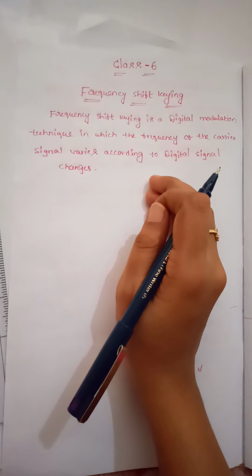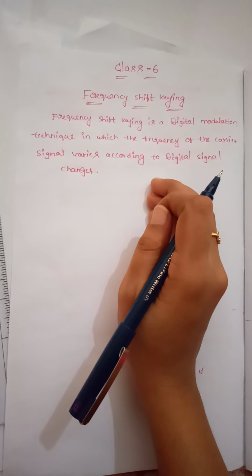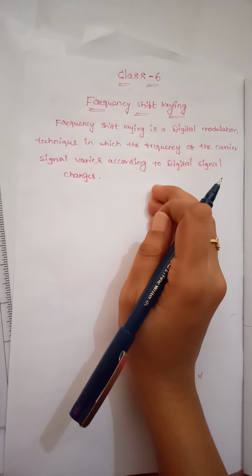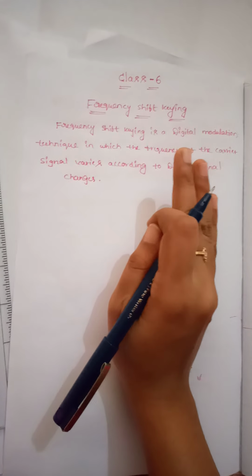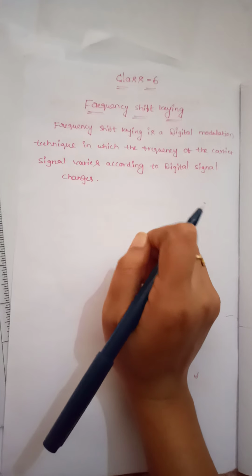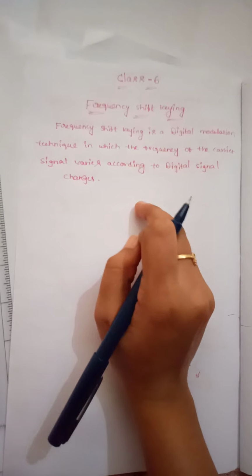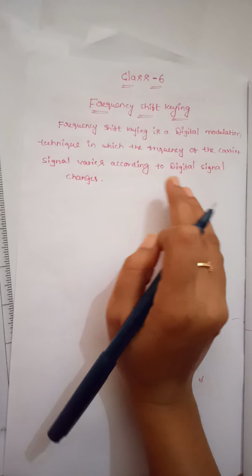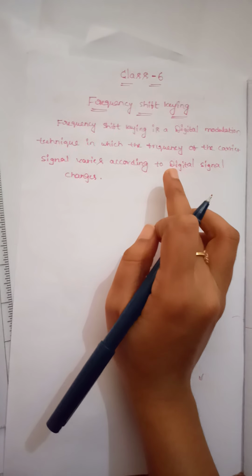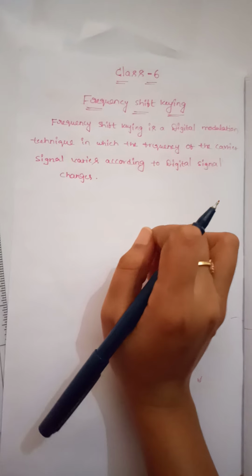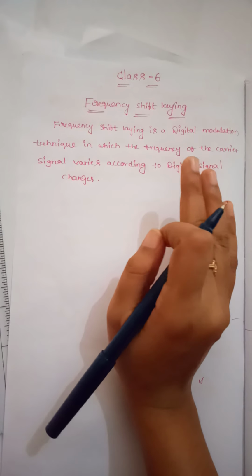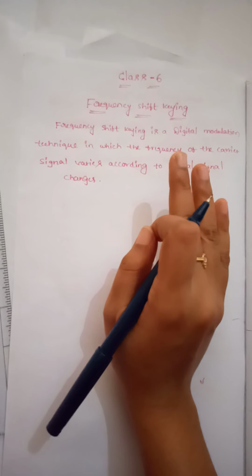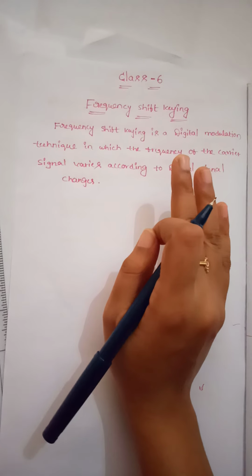The simplest form of frequency shift keying is called binary frequency shift keying, that is BFSK, in which the binary logic values are 1 or 0. Here, the values are represented by the carrier frequency being shifted above or below the central frequency. The higher frequency represents logic high, that means 1, and it is referred to as the mark frequency. The lower frequency represents logic low, or logic 0, and it is called the space frequency. These two frequencies are equidistant from the central frequency.